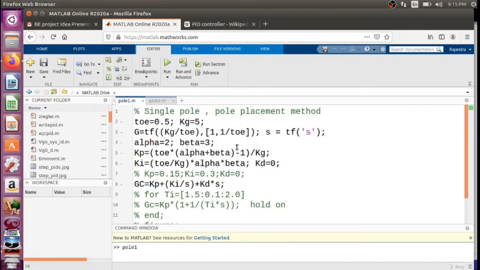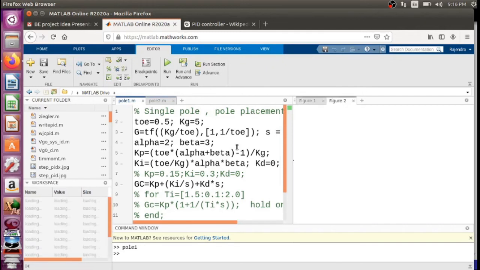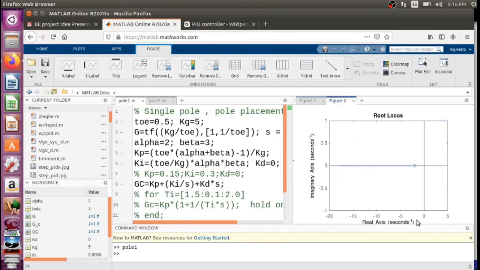So let us run the program. If you run the program, we shall be getting the closed loop transfer function this way, and these are the pole locations.